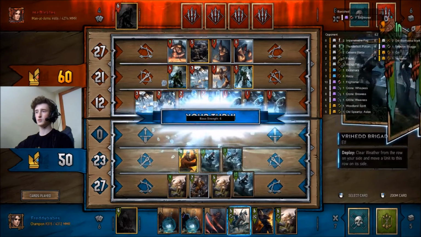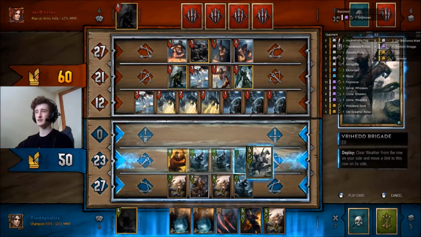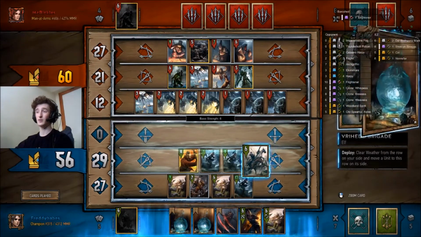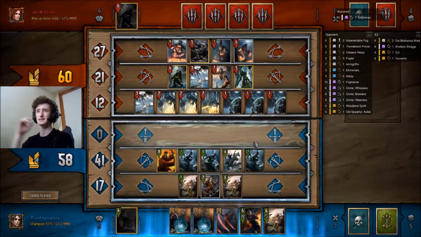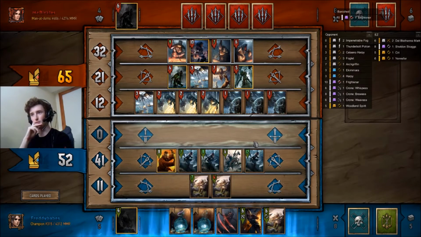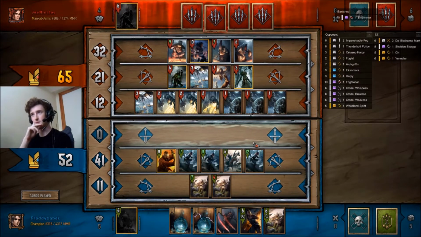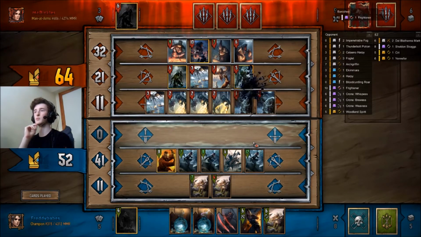So we will now clear the weather, stop the BMCs getting hit, essentially, and be able to move this one back, gain an extra 2 from the Vrihad Brigade, which essentially counteracts the weather tick. So not too big of a deal. But yeah, things are looking okay at the moment, not too bad. As a bear comes out,